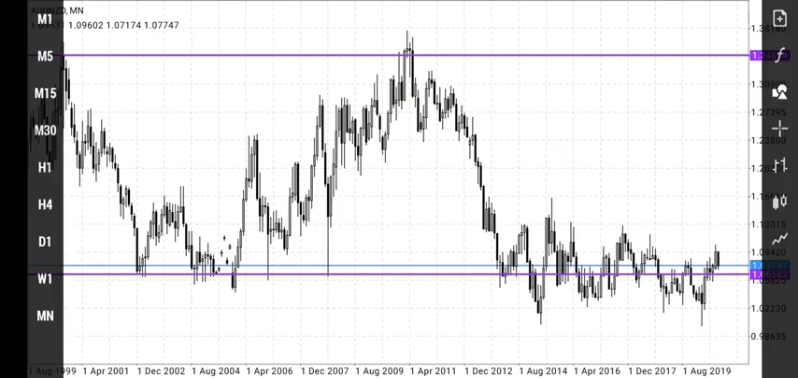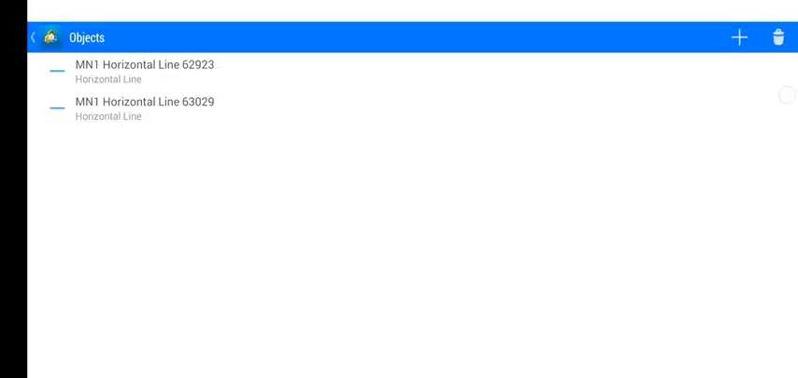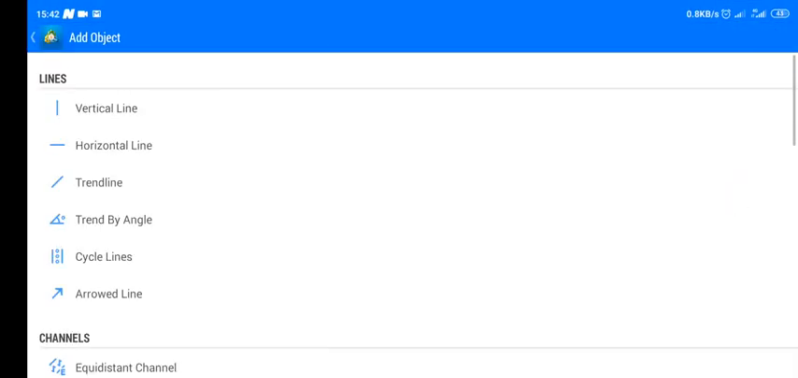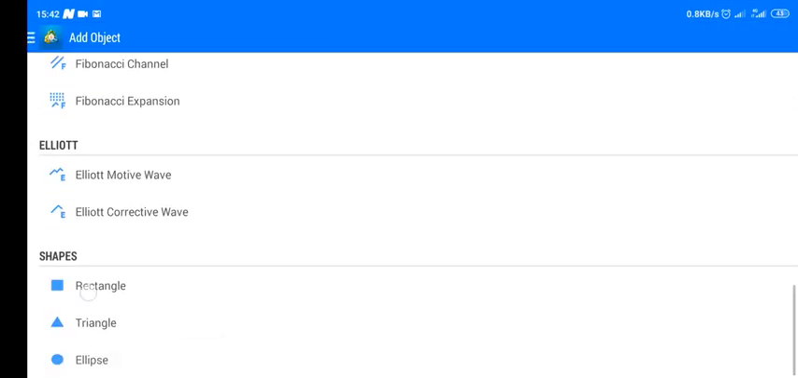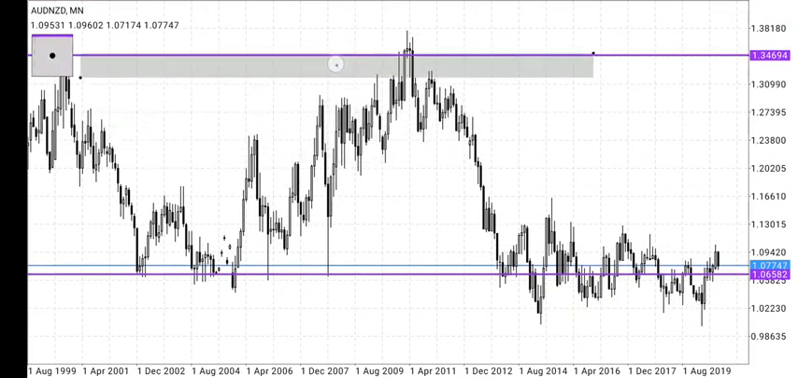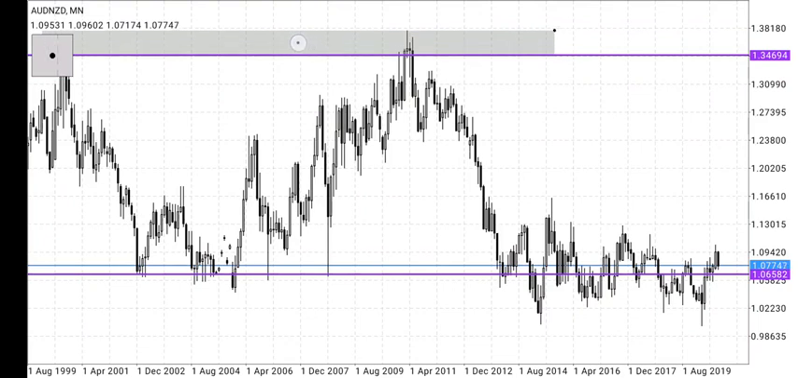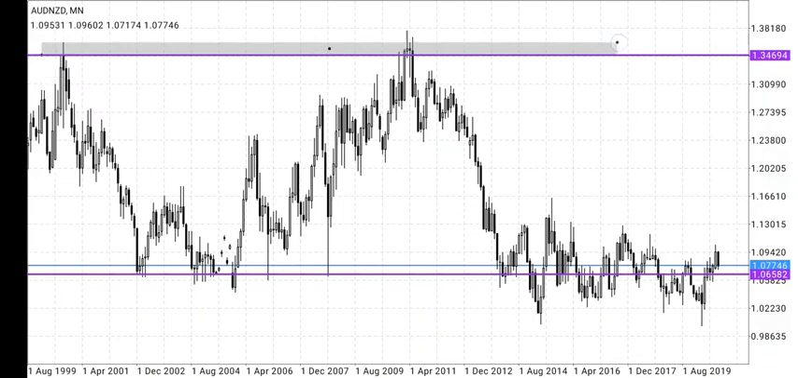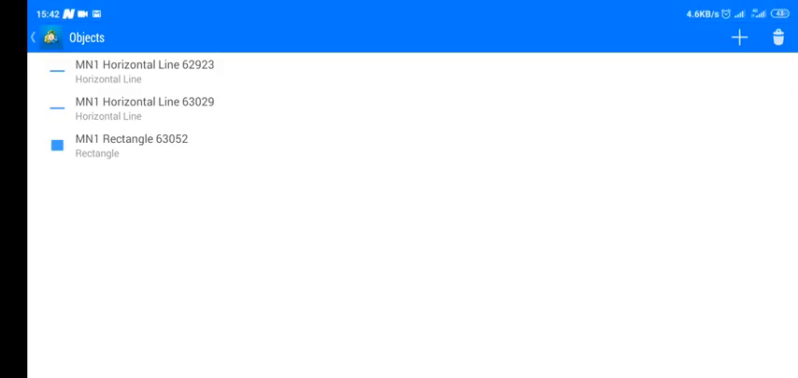So let's zone it out now. So to make it more simpler, all right. So we can see that was the highest point the price reached before it was rejected. So I'm zoning that out. So that side is our resistance zone,